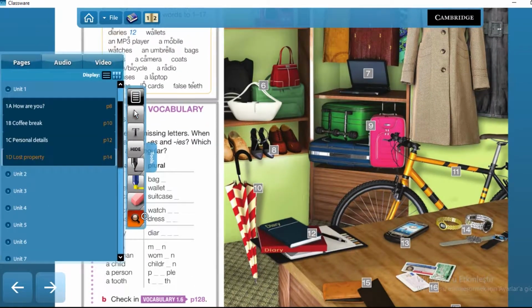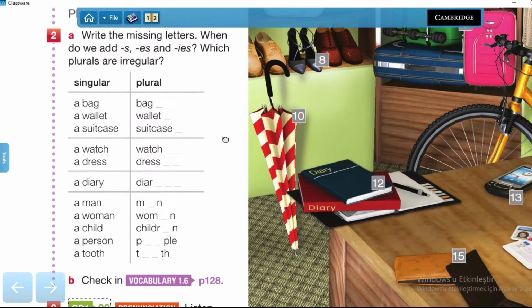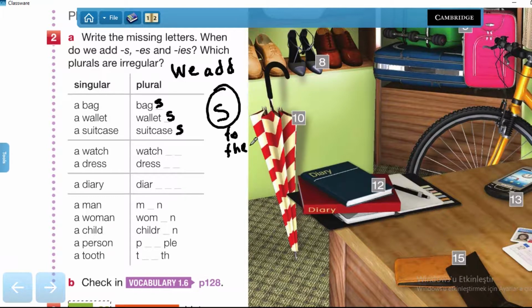Here we go. Let's zoom in first and write the missing words on here. Singular forms and the plural forms. A bag, so we add S, plural form, bags. A wallet, plural form, wallets. A suitcase, suitcases. So here we add S, as we said before, we add S to most